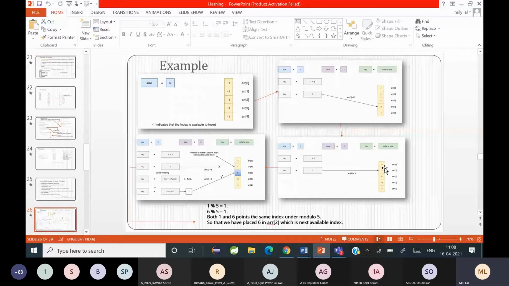Next comes the value 6, which gives you the index 1 again, but 1 is not free. So you increment the key to 2 modulo size. So you go on until you get a free cell. So what is that index you get? 2. So you place 6 in index 2 instead of index 1. Is it clear?